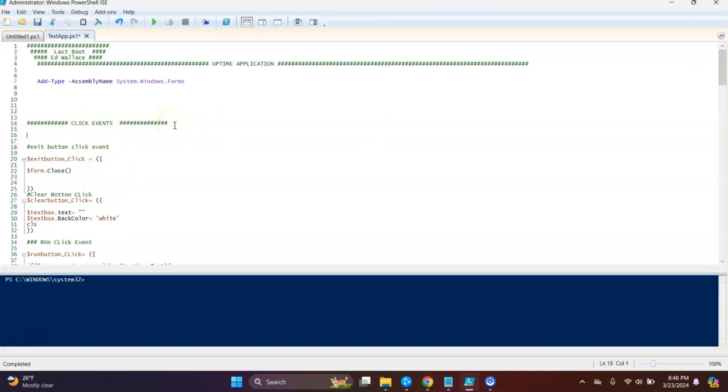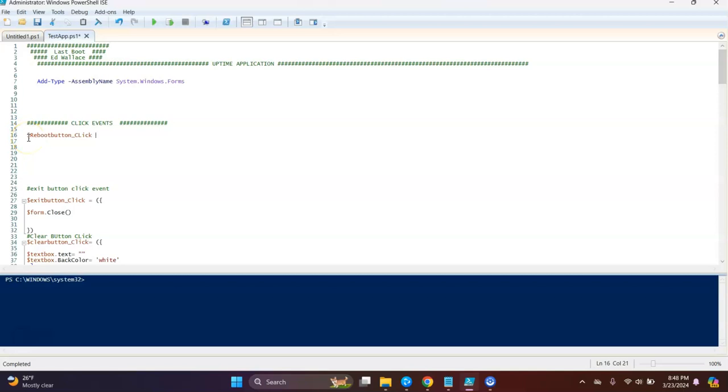So I'm going to go ahead and just make some space here. And I'm just going to go control V. And then we can just do equals. And then we need the fancy brackets here. We're going to put a squiggly bracket after that, and then we're going to hit enter a few times, and then we want to do the squiggly bracket close first, and then the other bracket last. And now we put the click event in,